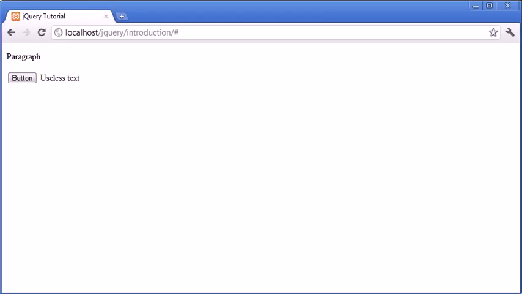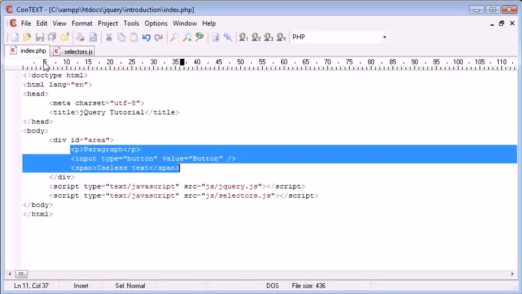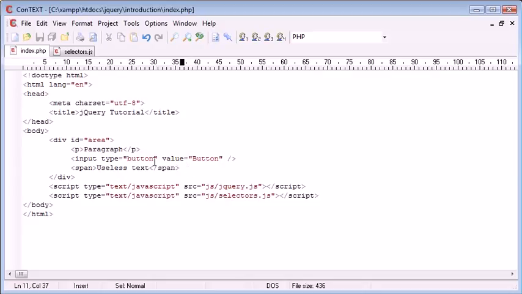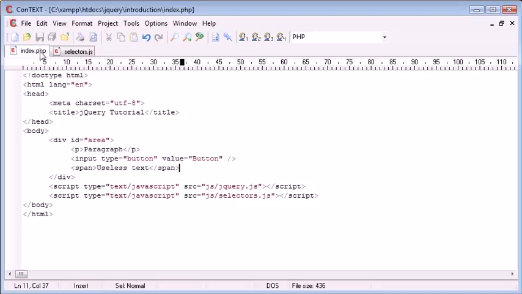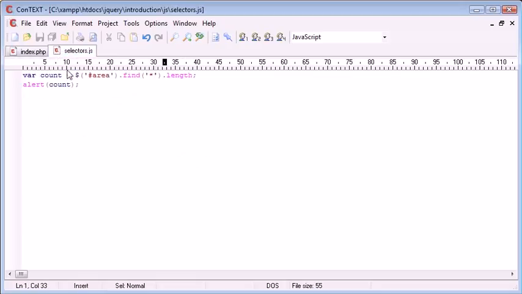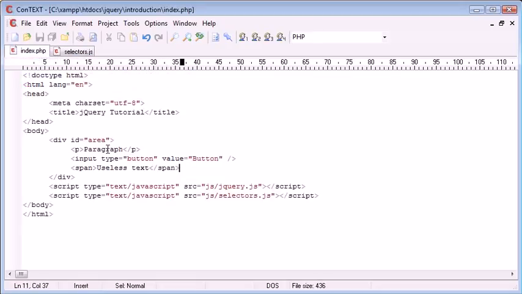because that's counted the elements within that div. So selectors generally are used to reference particular objects on your page. You can reference by an ID, in this case we referenced earlier by area, we used a hash because we've used an ID and then we specified the name, and then we counted the amount of elements using the asterisk inside of here. Now we've got 1 paragraph inside of here, so let's go ahead and check what would